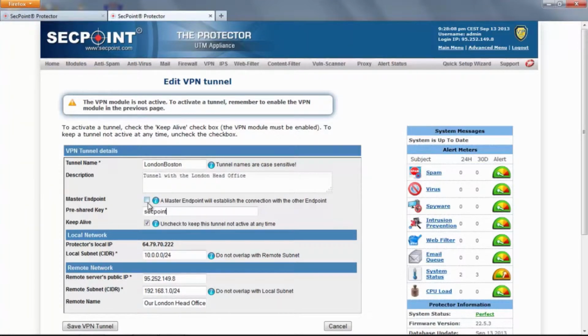Of course, one of the protectors must be defined as master and the second one must not be defined as master. The difference is that a master endpoint, when you turn on the service, will actively try to establish a connection with the other endpoint. Instead, a branch endpoint, when you turn on the service, will enter a wait state for incoming connections from the head endpoint. Now we can save parameters on both protectors,